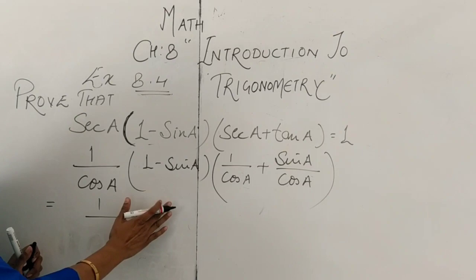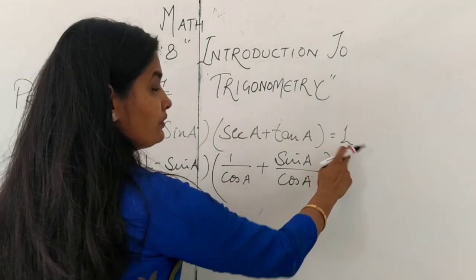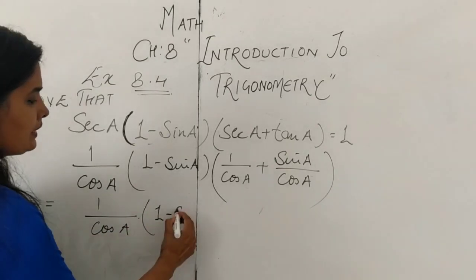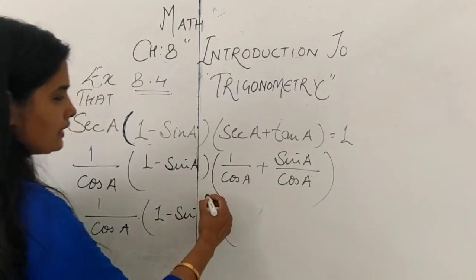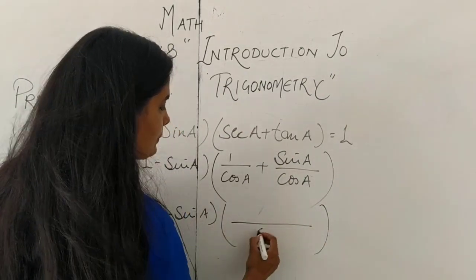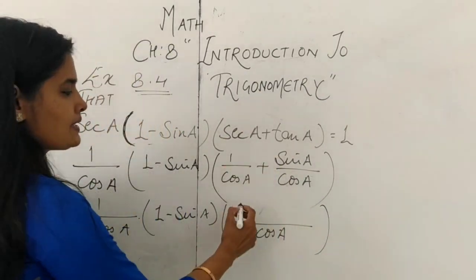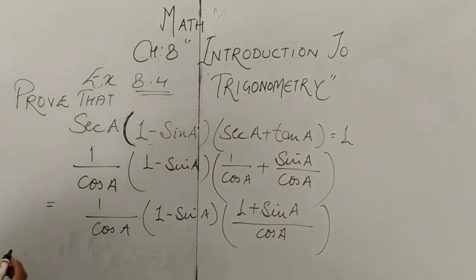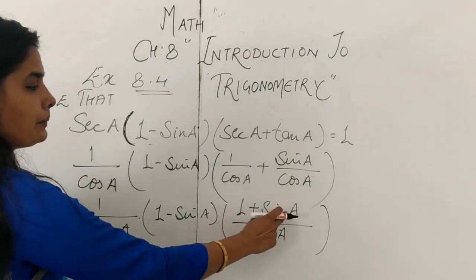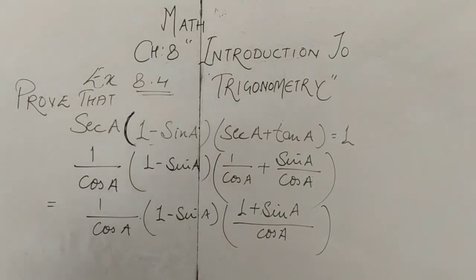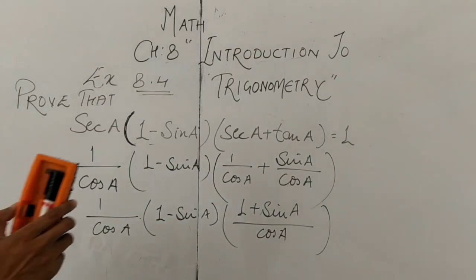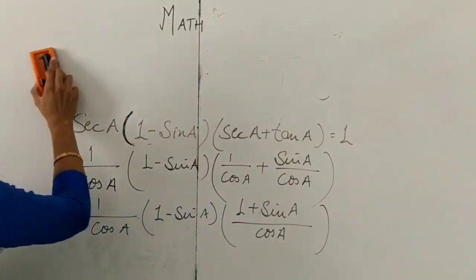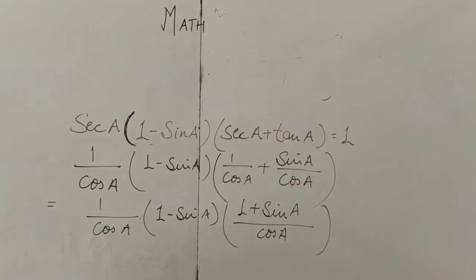We have to solve this part. और कहाँ तक पहुँचना है हमें? We want 1 here. Clear? तो 1 upon cos a as it is, then 1 minus sin a as it is. Here I can take LCM. Cos a will be LCM, and then 1 plus sin a will be my numerator. Got it? Now you can multiply it, 1 minus sin a and 1 plus sin a. You know 1 minus sin a and 1 plus sin a? This is just like a minus b and a plus b. So what will be a minus b and a plus b? That is a square minus b square.